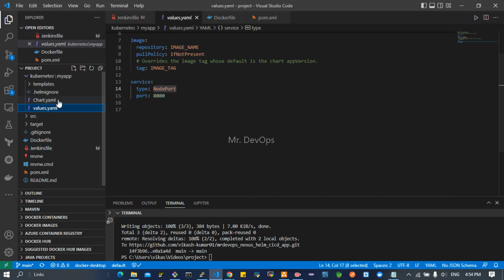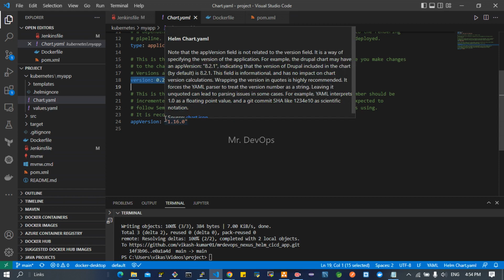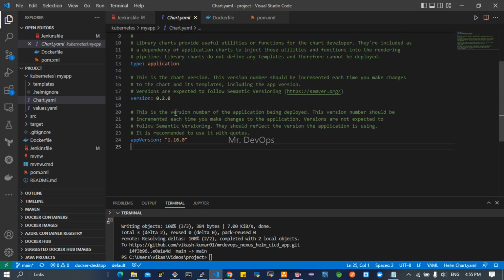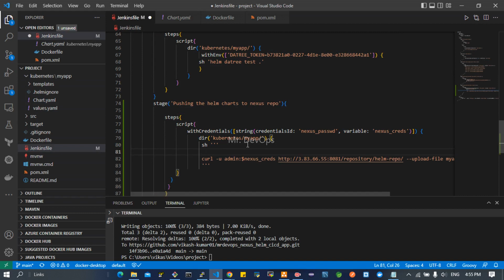So I need to get the Helm version. How will I get the Helm version? If you go to this Chart.yaml, right now my Helm version is this, right? Again and again we will create different releases of this chart, so we have to update this version. Based on that version only, this should get updated. So how will you capture that? For that we have to run some shell script. So let's make a variable helm version equals to